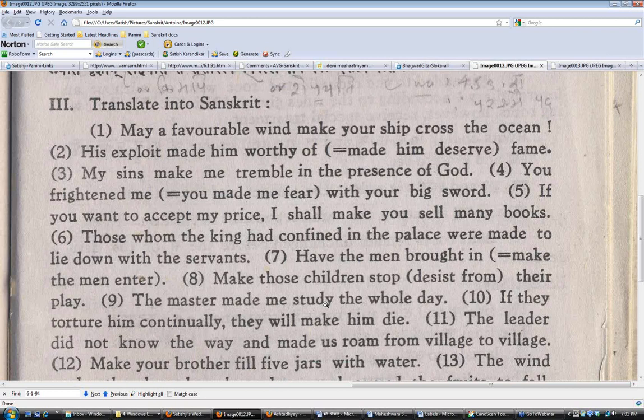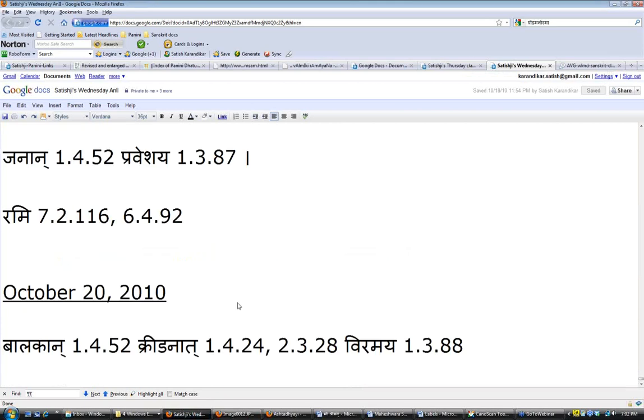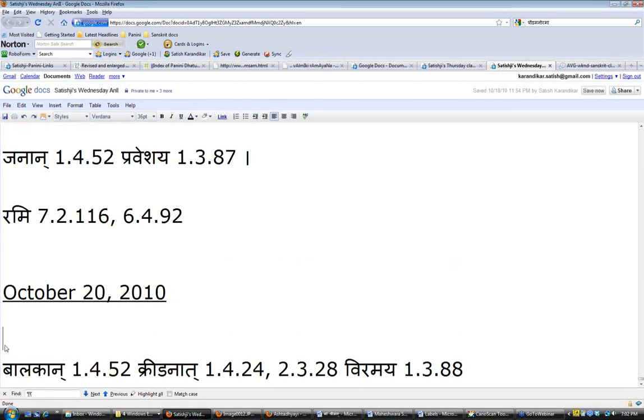So if you take that sentence, you can say balakaha, balaha, or shishavaha, different kinds of words can be used. For desist from, play can be taken as kridanam, so kridanat, and then we say viramanti. So that was the Ani Avastha. Did we put it last time? Okay, so the Ani Avastha, we can write it in the document like that: Balakaha Kridanat Viramanti.